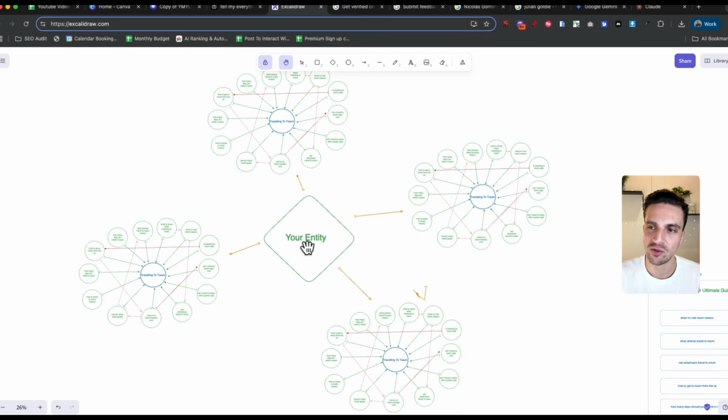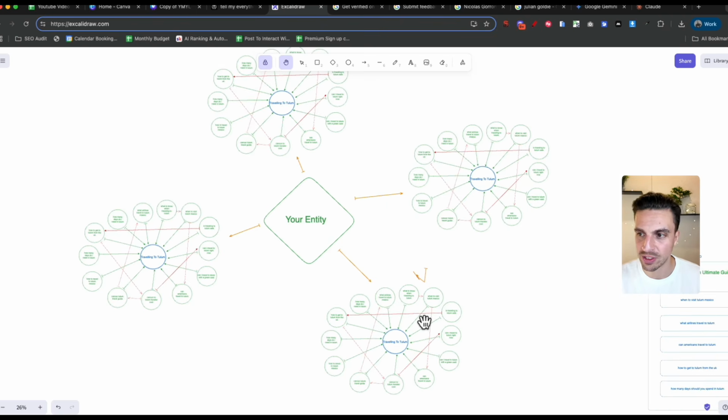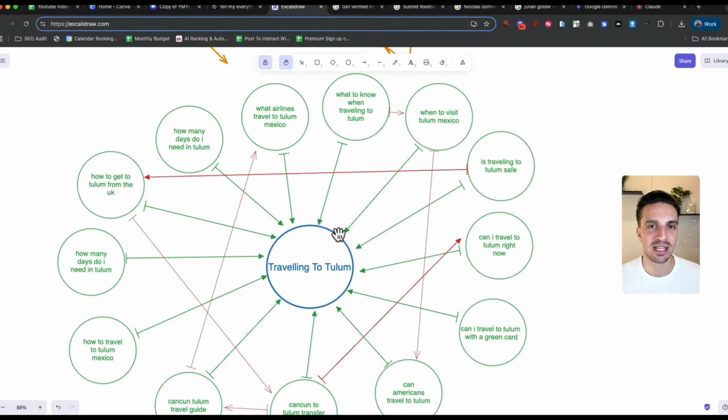Now, with this specific strategy, the aim of the game isn't to rank number one and get a lot of traffic for all these additional blog posts, but it's about telling the large language models and these AI search engines that you know your stuff about all this content. This increases the chances of you getting featured in the AI overviews. So you kind of need to write the content, even if you don't want to, to prove to the language models and the AI search engines that you in fact know your stuff.